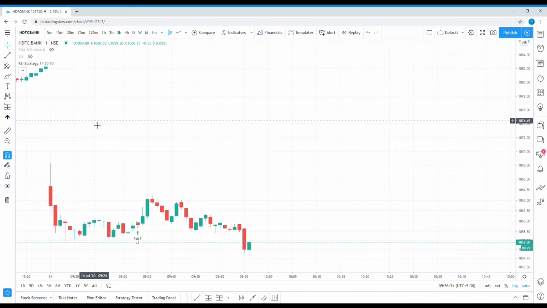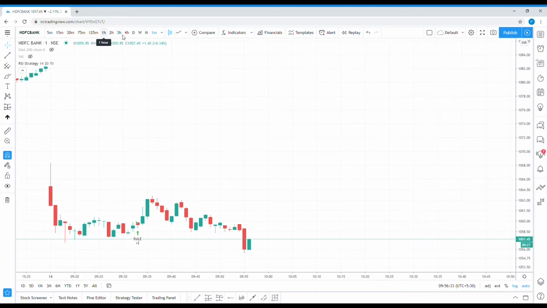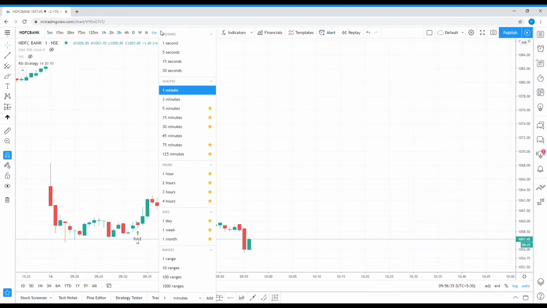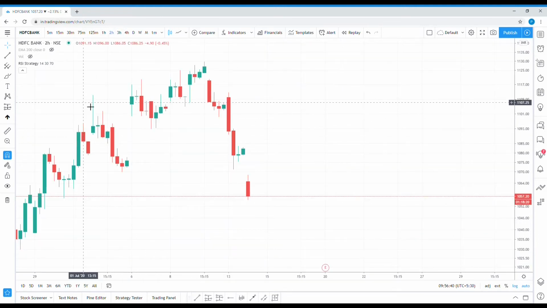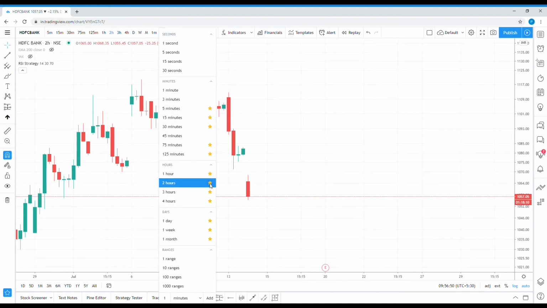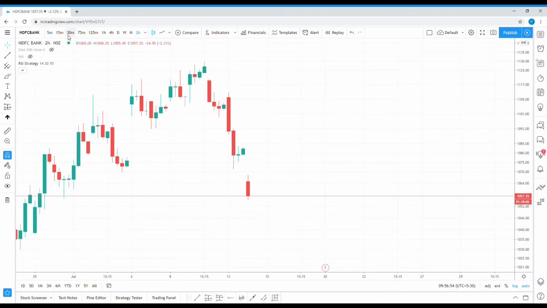As you can see, the 2 hours and 3 hours are coming over here, so you don't have to go over there again and again. You can switch from here only. After every 2 hours, this is 9:15, this is 11:15, a new candle is created. If I want to remove it, just uncheck this star symbol and those time frames will be removed.